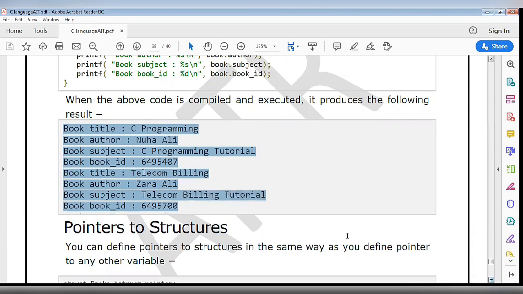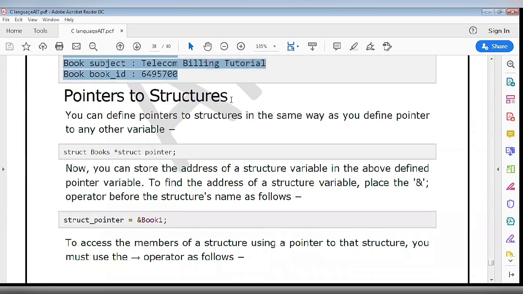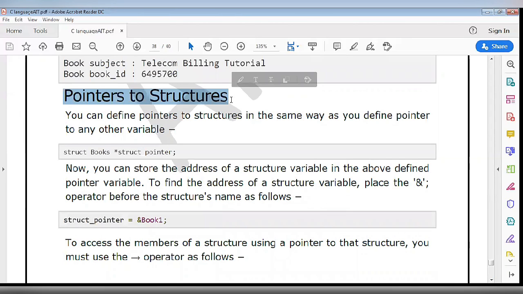Now we proceed further and we will understand pointers to structures. As we know, pointers are variables that can store the address of another variable of the same type. Here we will understand how we can declare a pointer variable for the structure. For that you can see the syntax.